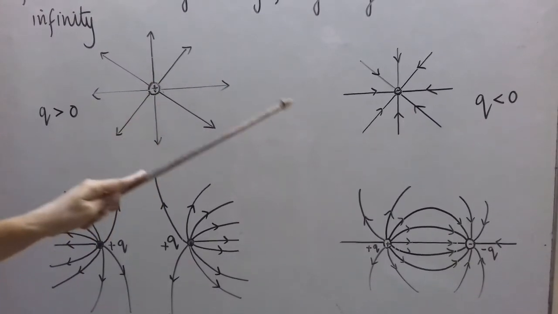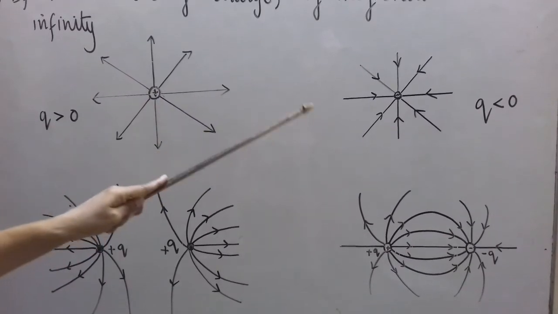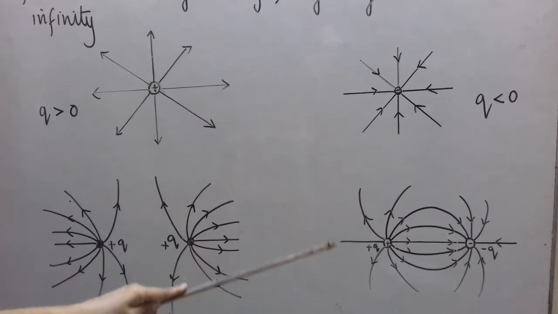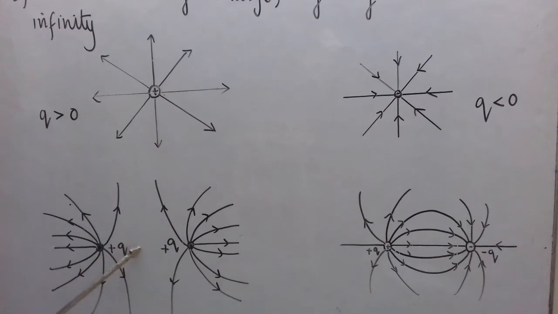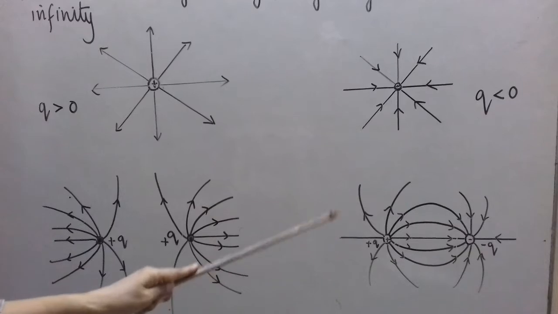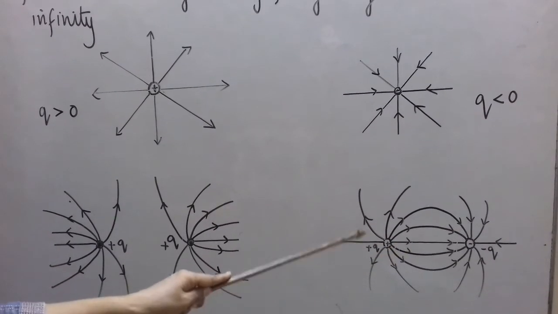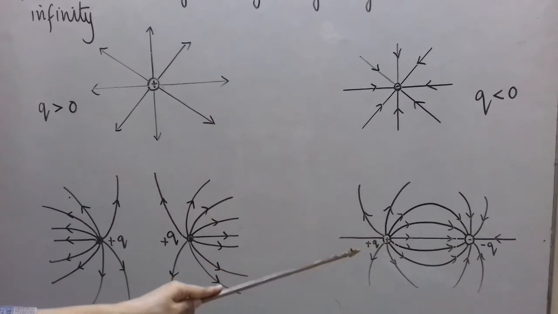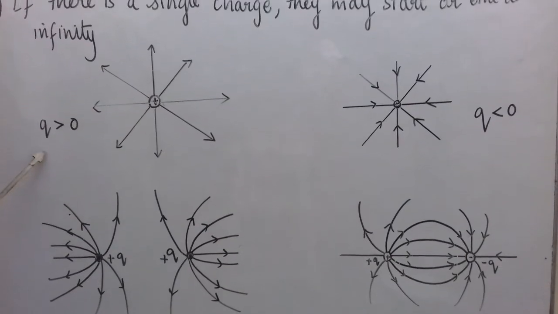So positive and negative will attract. In this case, the field lines of the two charges will get modified in this form. Here, between the two charges, there is repulsion and there is no field line. In this case, between the two charges we can see the lines. The lines start from the positive charge and end at the negative charge, and this shows attraction between the positive and negative charges. Okay, so now let us try to understand all the properties.